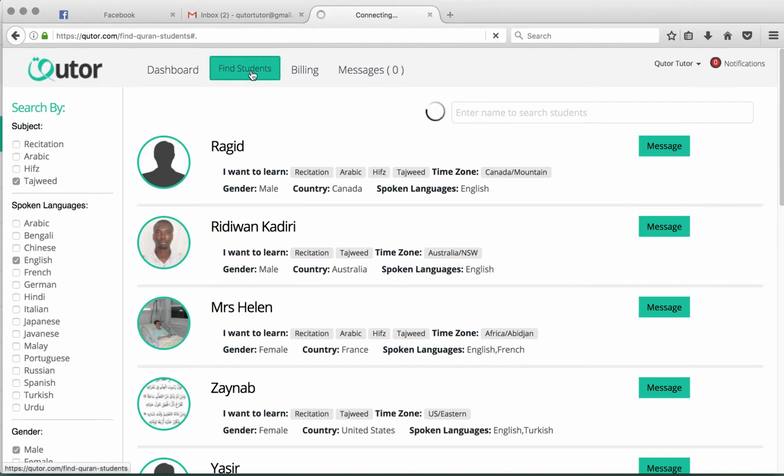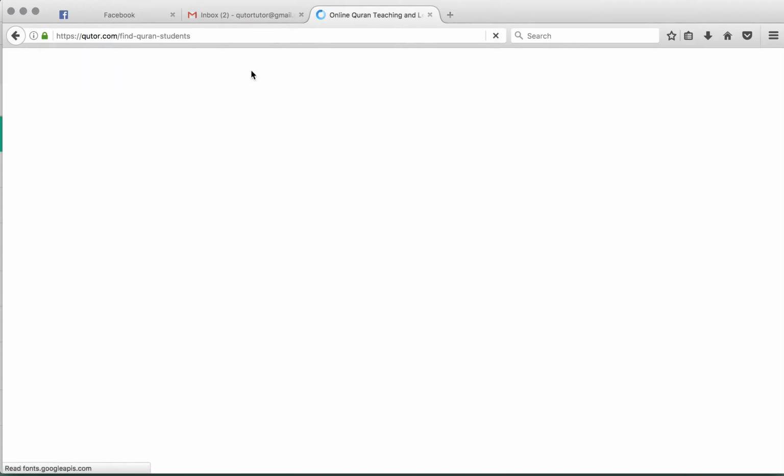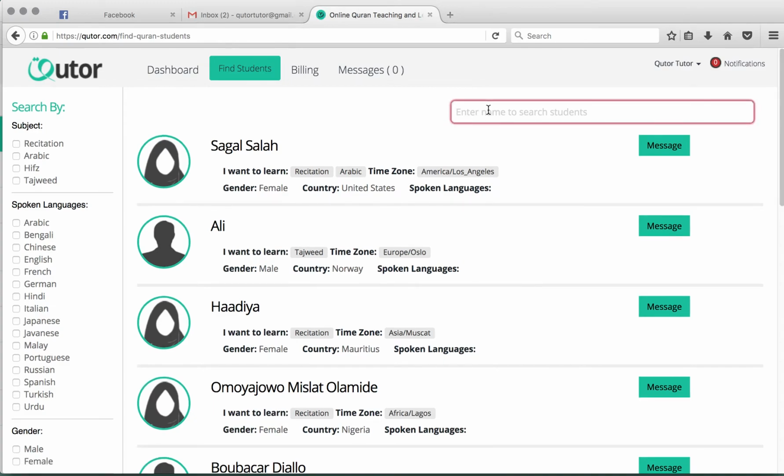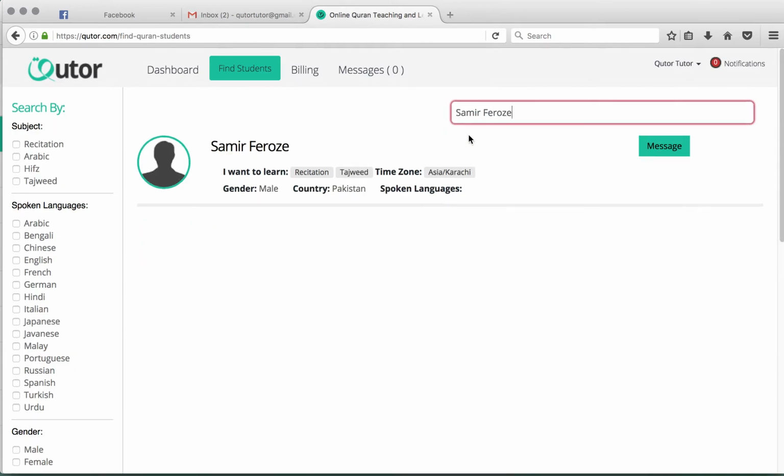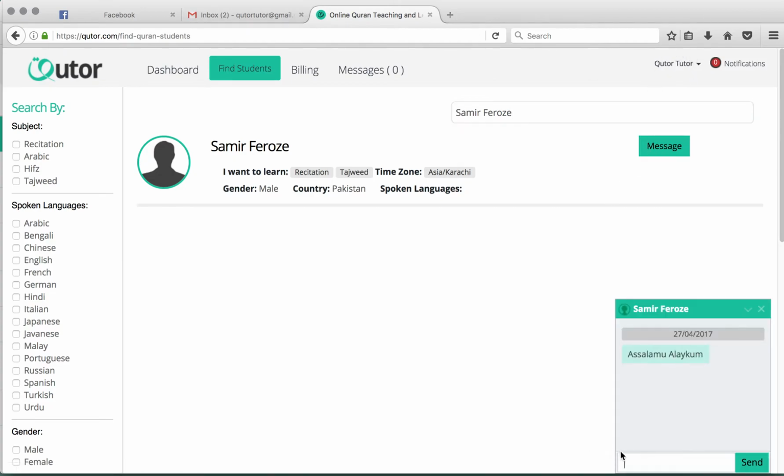Okay, so we'll just do a quick example of sending a message. For the example, I will message myself. I am logged in as Quran Tutor over here. That's the name I've given to this profile that I created just for showing you how it works. Obviously, your name would come here. So if I send a message,